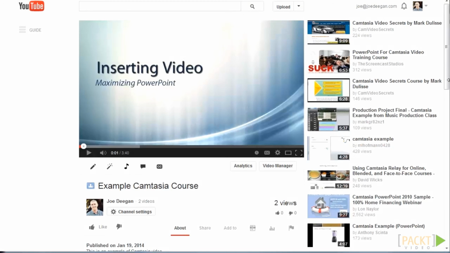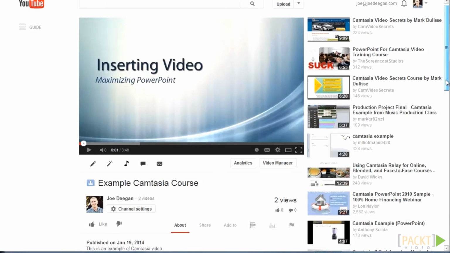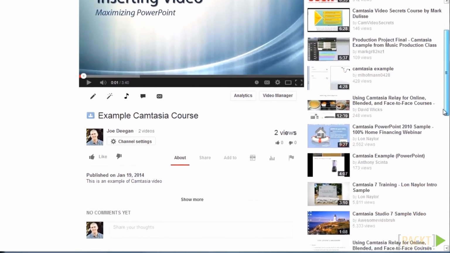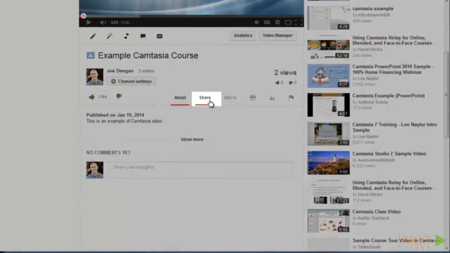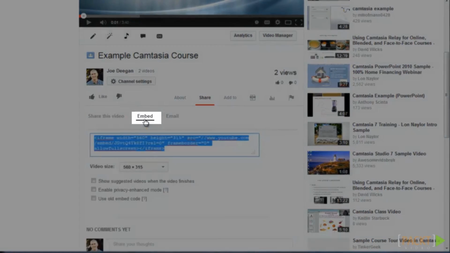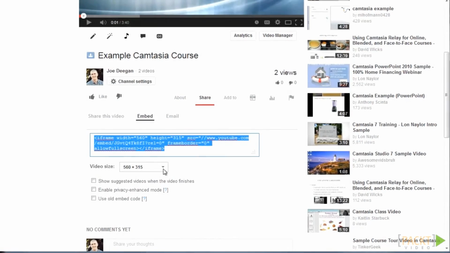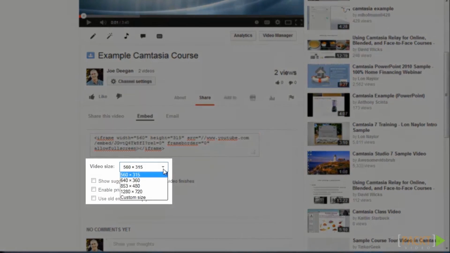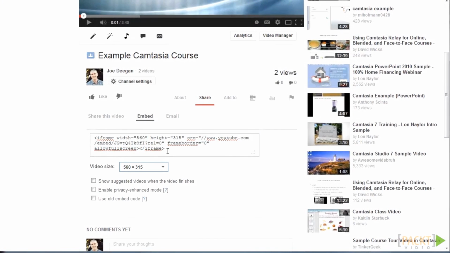Once your video has been published and uploaded to YouTube, you can find the embed code that will make it easy to share on a website by going to the video on YouTube, and then selecting the Share option located beneath the video, and then we'll need to select the Embed option. From here you can select the size that you'd like your video embedded using this drop-down menu. And then after selecting the size, you can simply copy and paste this embed code into a